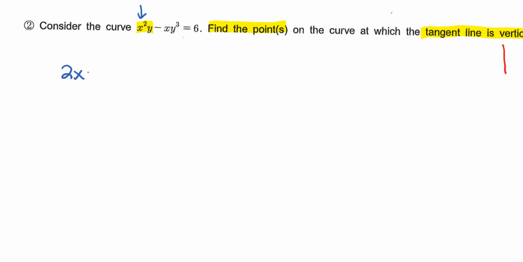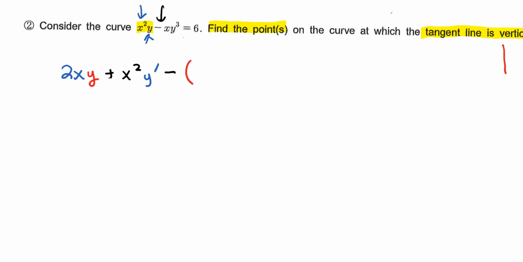And then you multiply it with the second term, which is y. And then you need to add the first term times the derivative of the second term. And the derivative of y is going to be y prime. All right, now I see a minus sign here, so there's a minus sign, and anytime I have a minus